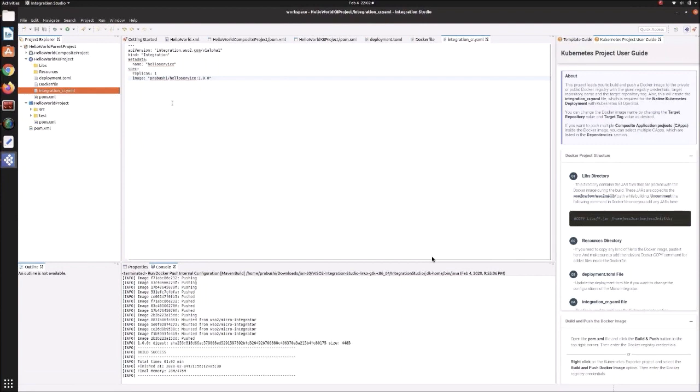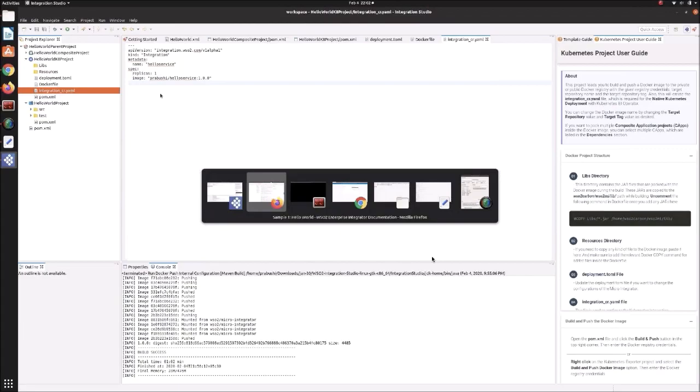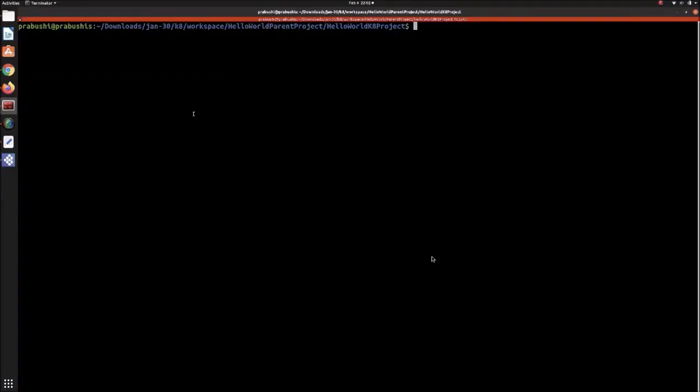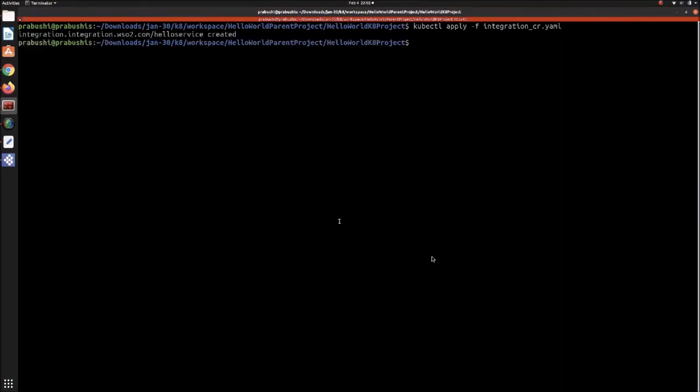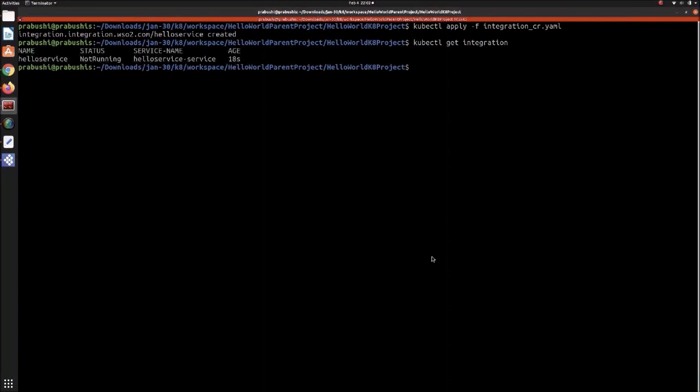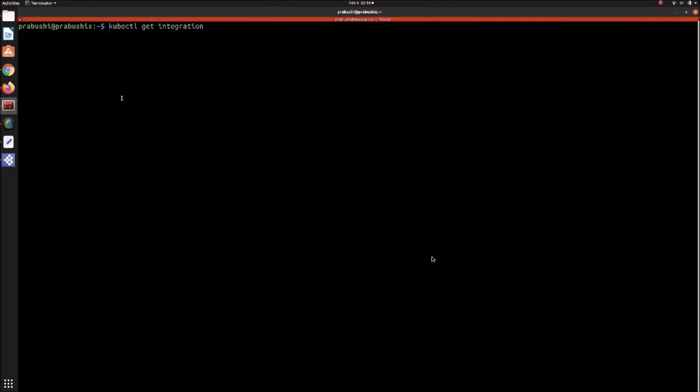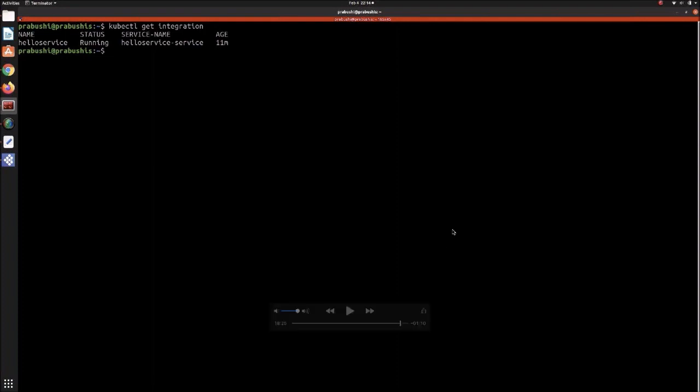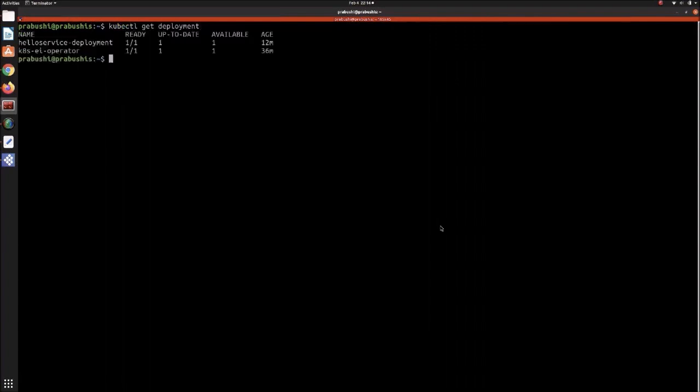So let's deploy this service in the Kubernetes environment. You can simply go to our Kubernetes project location and apply the integration custom resource YAML. And if we check the integration, get the integration operator specific details, then you can see the new hello world service is up and running.